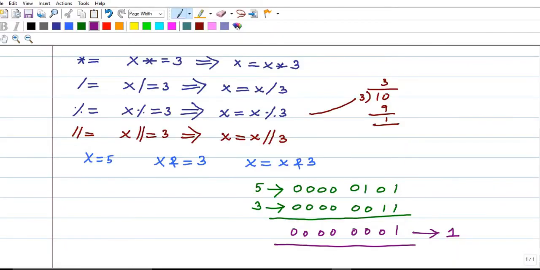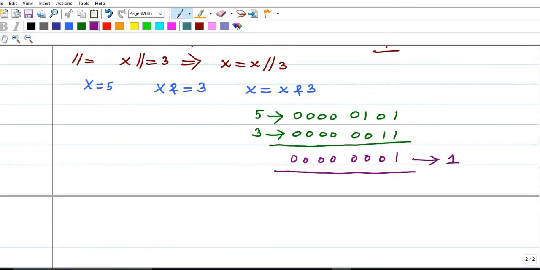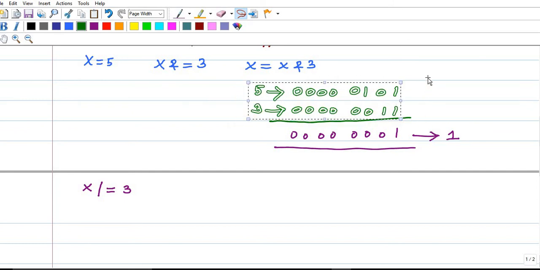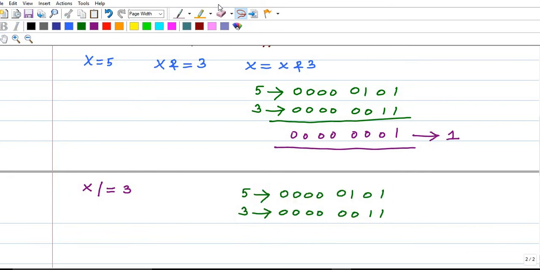In the same way, we can do bitwise OR operation, and we can assign that. So what I am doing, bitwise OR, x pipe symbol is equal to 3. So this is nothing but x is equal to x pipe 3.